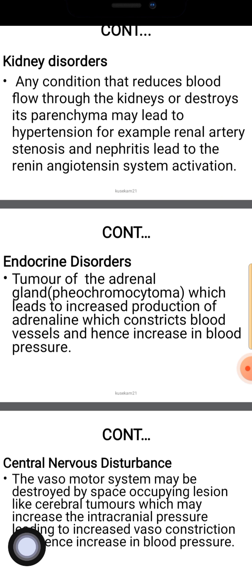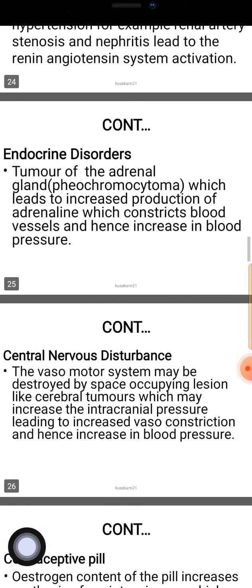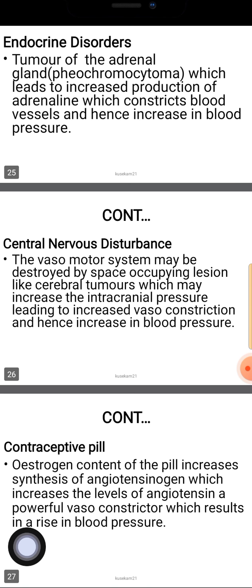Because there isn't supply or good supply of what? Blood to the kidney. Then we do have endocrine disorders. So if there is a tumor of the adrenal gland,